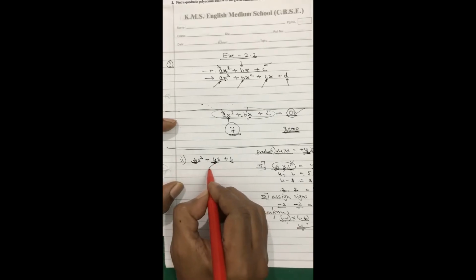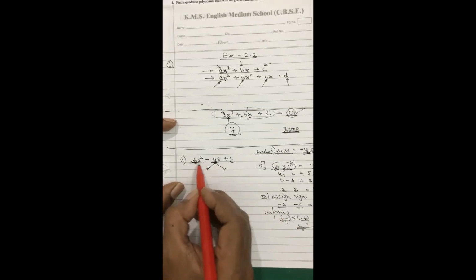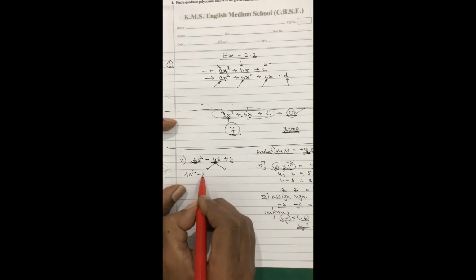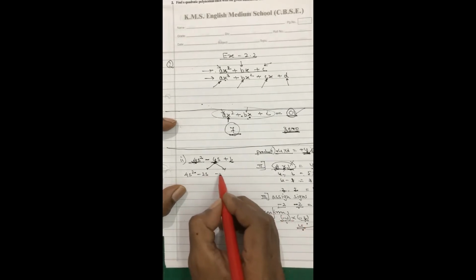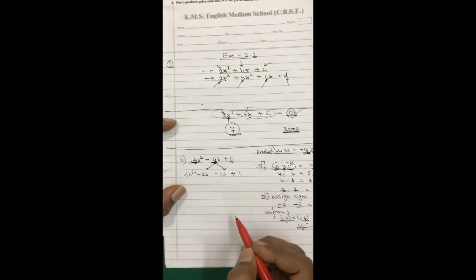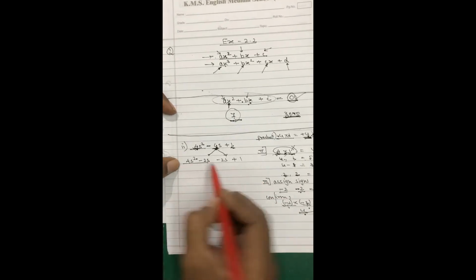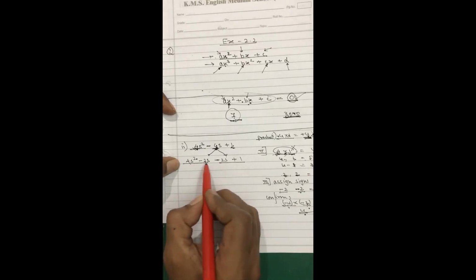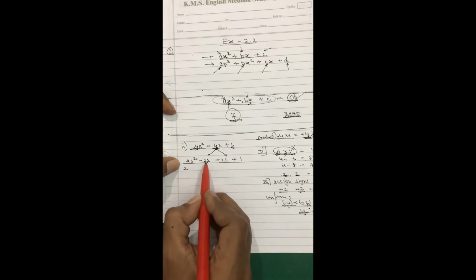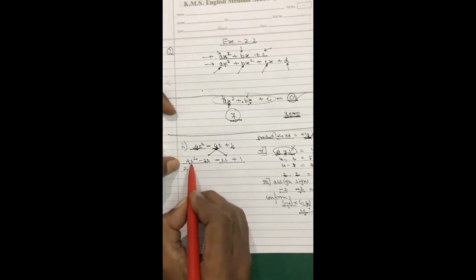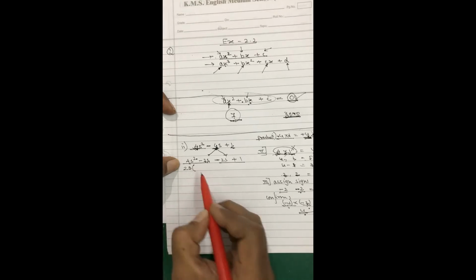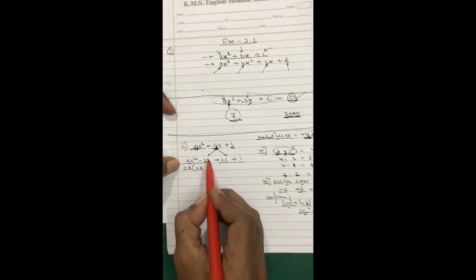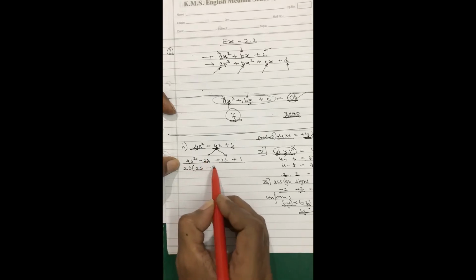So here, in place of this 4s, I will write, remembering the rest of the equation I will copy, 4s square I will copy, and here I will write minus 2s, and again the second is also minus 2s. This also I will copy. Now I will take the common factor from here, and you have to be very careful when there is a minus sign over here. When it comes to number, the common factor will be 2, because the smaller number completely divides the greater number, and the smaller power will go out. Now this will divide: 2 2s are 4, 1 has gone out, 1s will remain inside. Minus 2s has gone out completely, so 1 will remain over here.